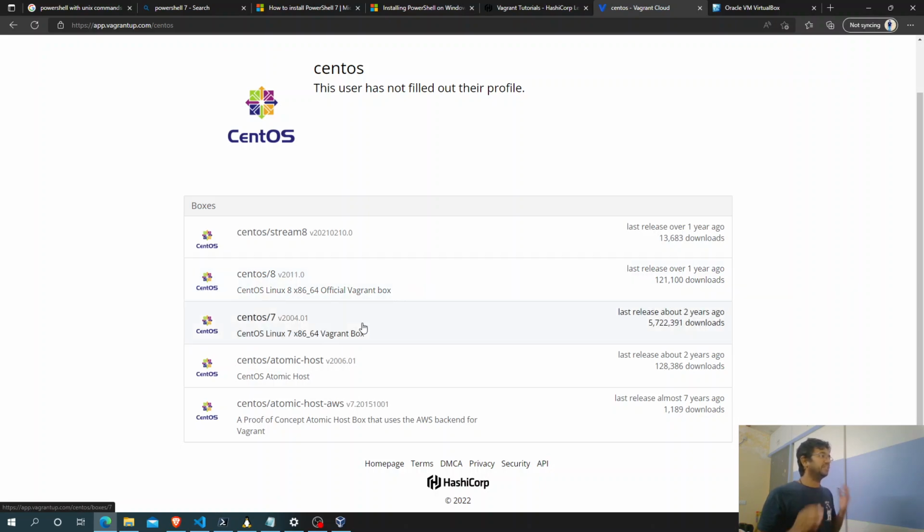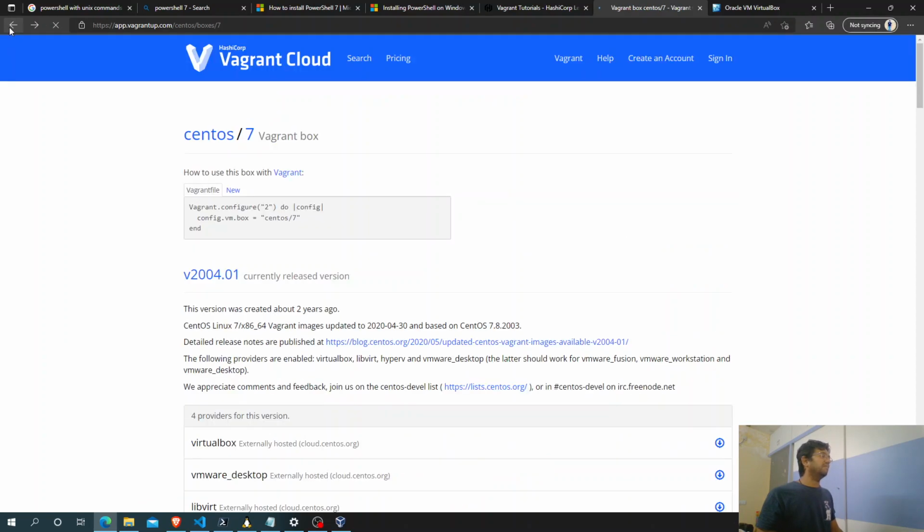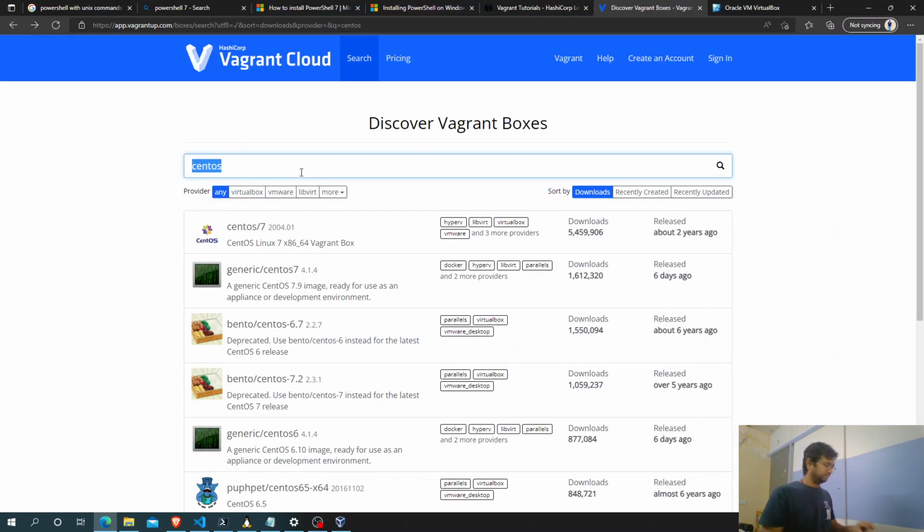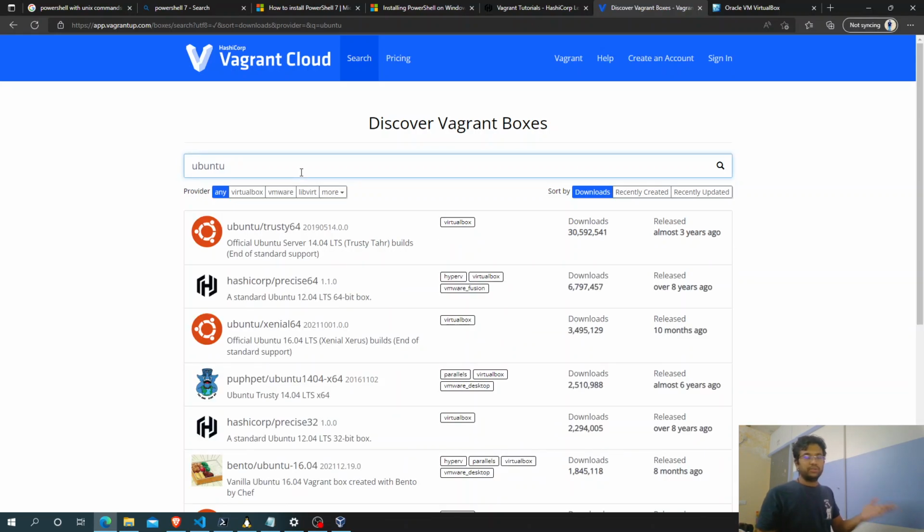If it is CentOS 7, it's going to be a CentOS 7 capable OS system that's going to be built using Vagrant. There are a lot of other things, Ubuntu as well. I did have experience working on CentOS 7,